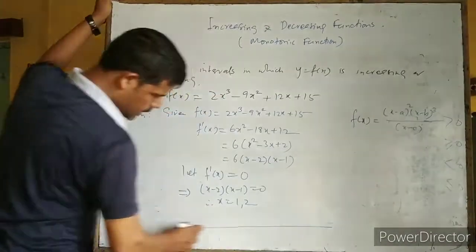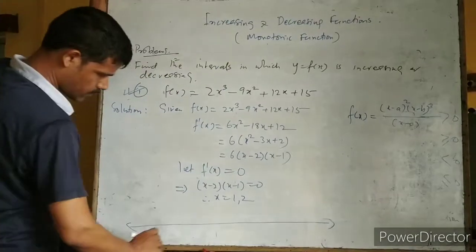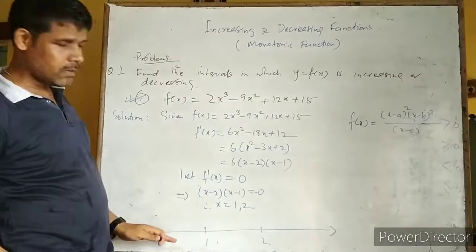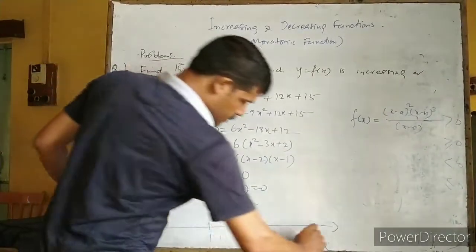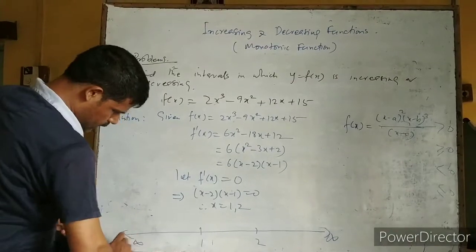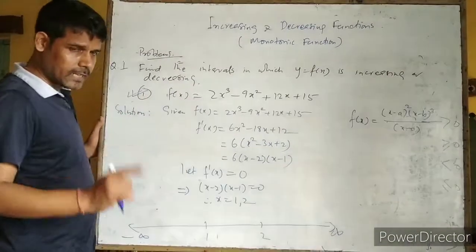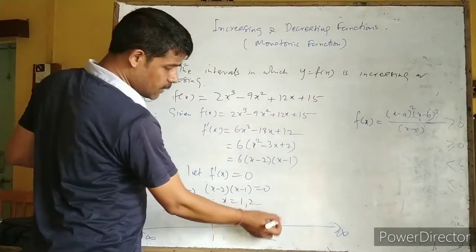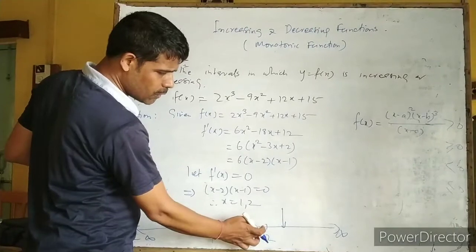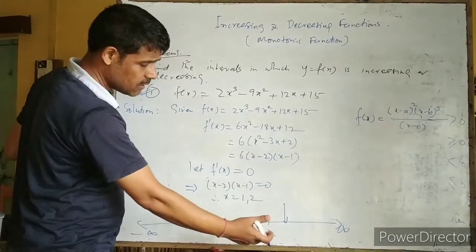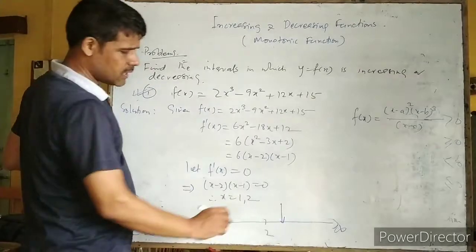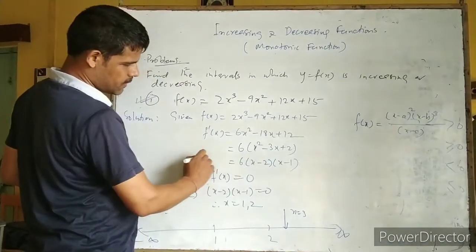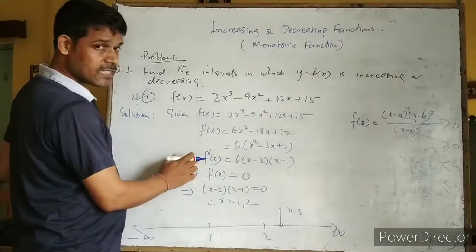Now let us take this. Take this 1 and take this 2. Now how to see the sign convention? This will go up to infinity and this side to minus infinity. What is the technique? After putting these numbers on the number line, we take the rightmost number, beyond these two, and select any one. Say we have selected x equal to 3. Try to analyze the sign of this f dash x.